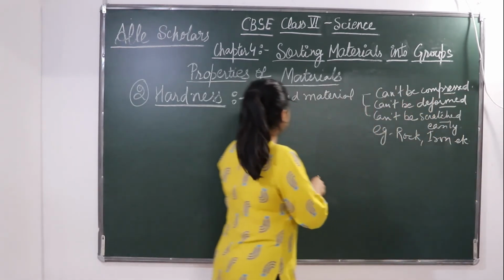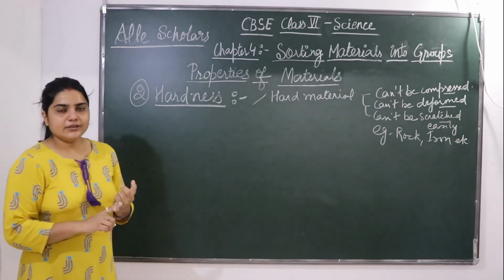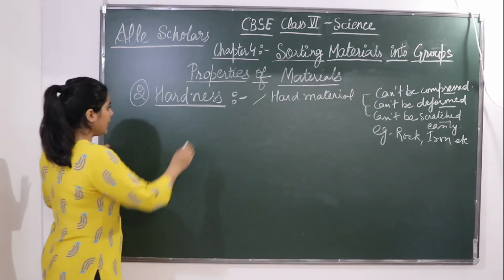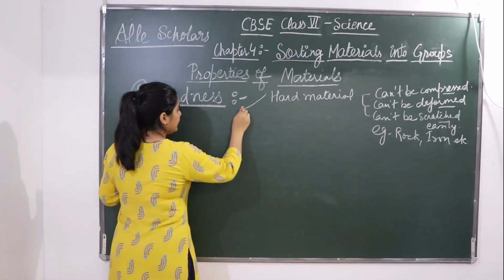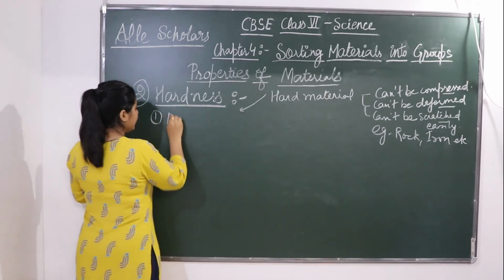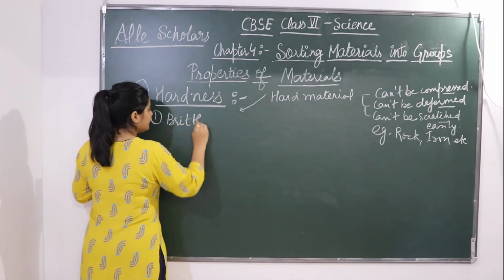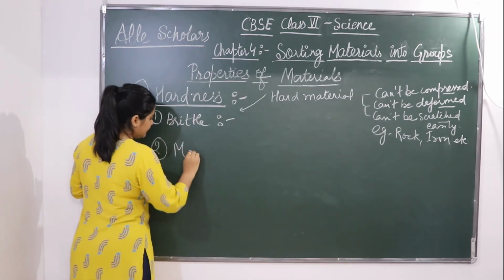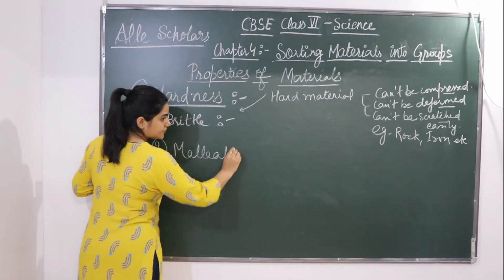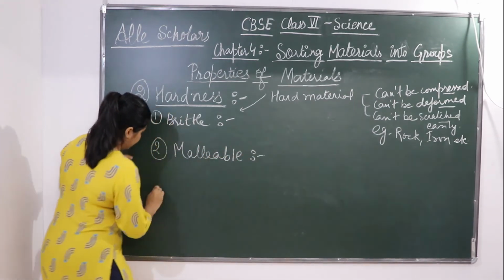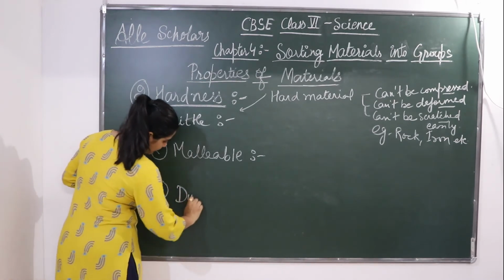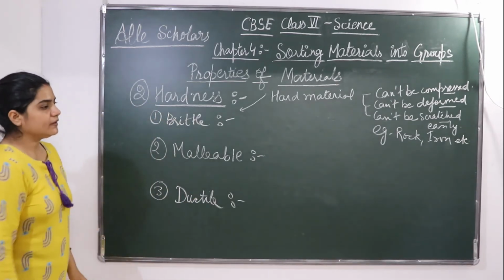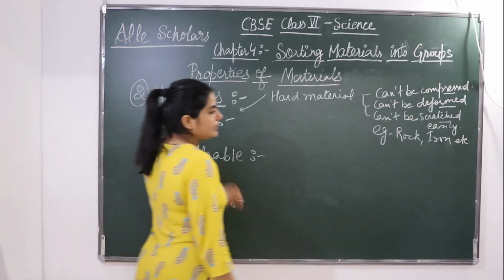So now hard materials, they can be brittle, they can be malleable, and they can be ductile. Okay? So hard materials can be brittle, or they can be malleable, or they can be ductile. Now let's see one by one. What does it mean? Brittle means